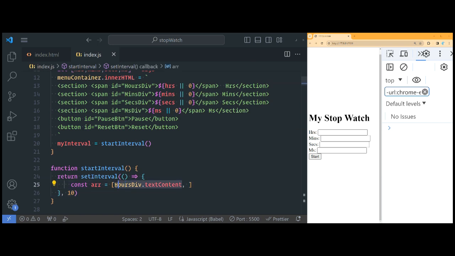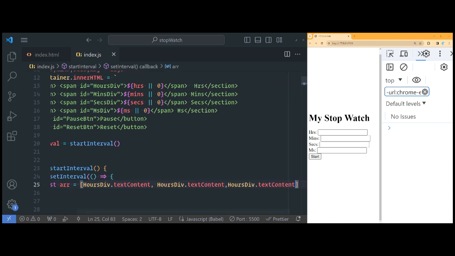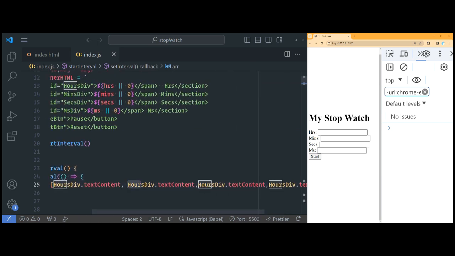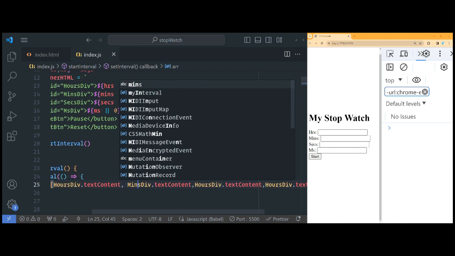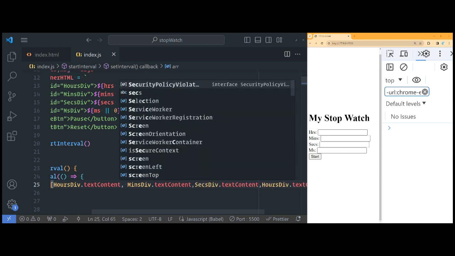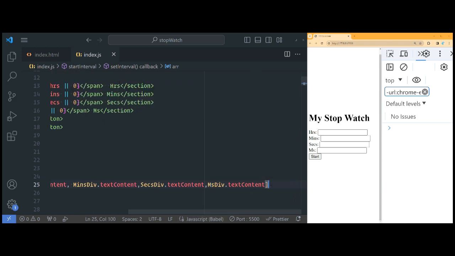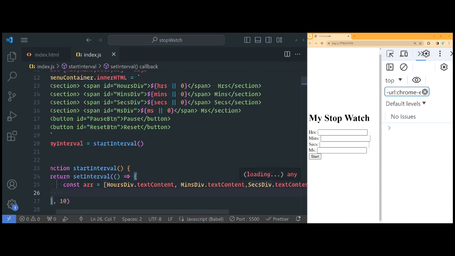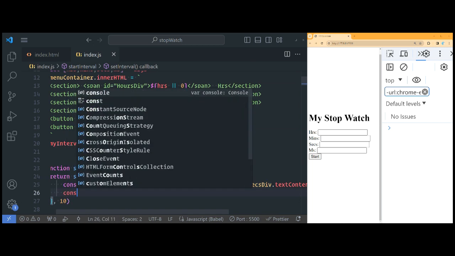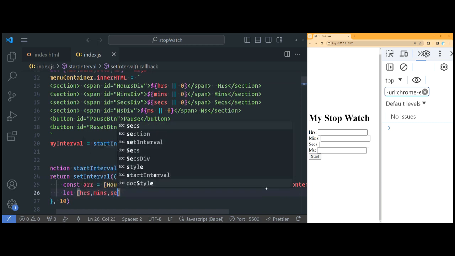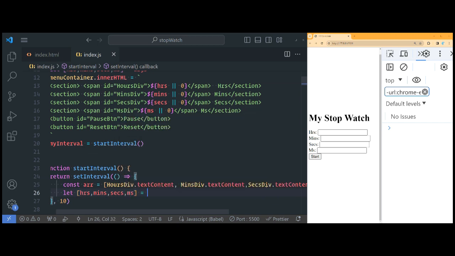Okay, and then we have hours, minutes, seconds, and milliseconds. So hours div, and then this was minutes div, seconds div, and this was microseconds div, like this. And I put all of these into an array. So now I can do array destructuring, right? Let me use let in case we have to reassign it later. So now we can say let hours, minutes, seconds, and ms is equal to the